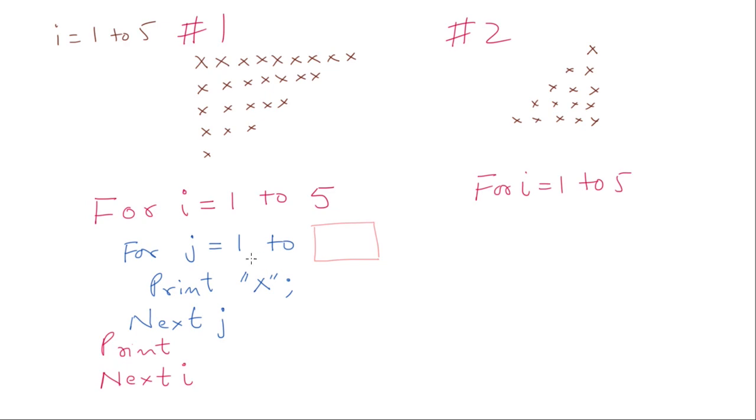And J has to go from, I mean, in a random line, like I was 1, then 2, then 3, then 4, then 5. This is your I. I has to control the number of j's, so this should be a function of I, and what it should be is the question, right?